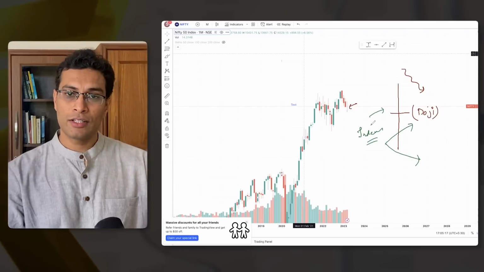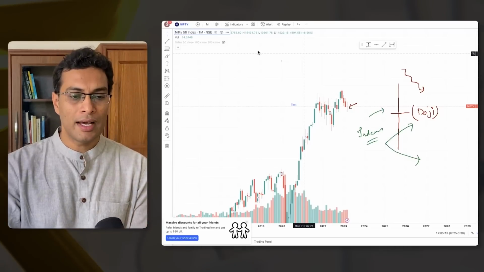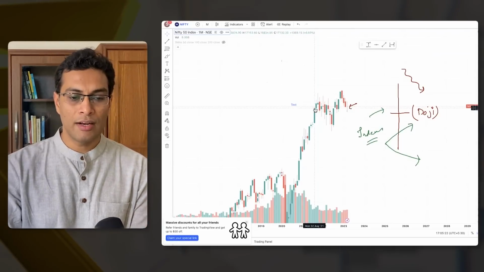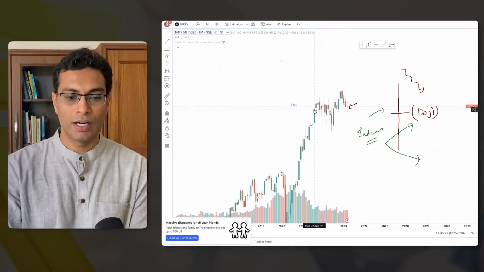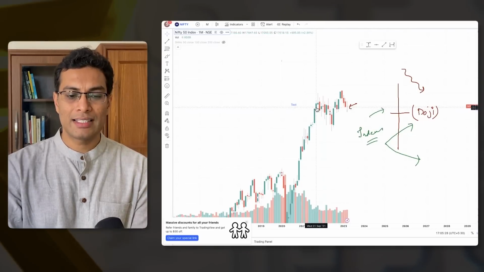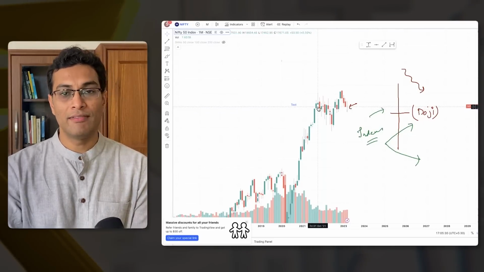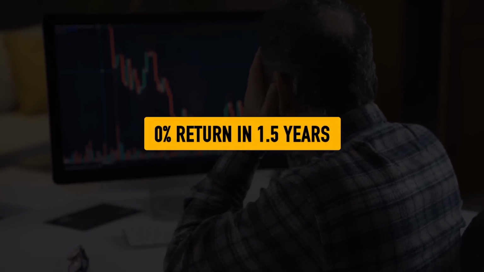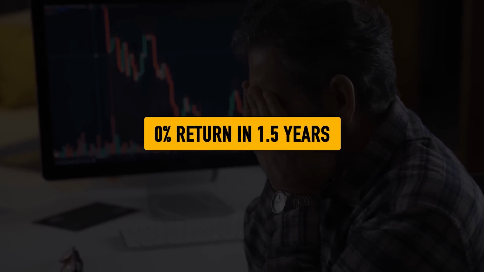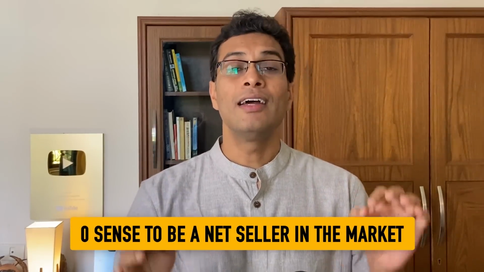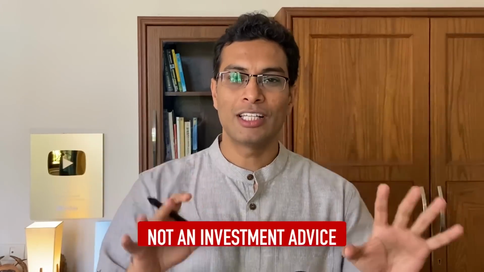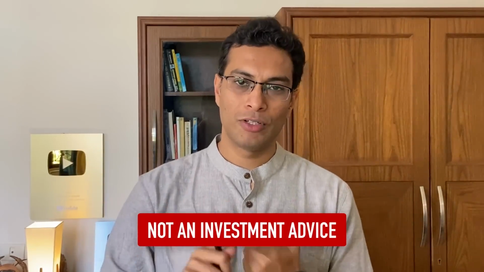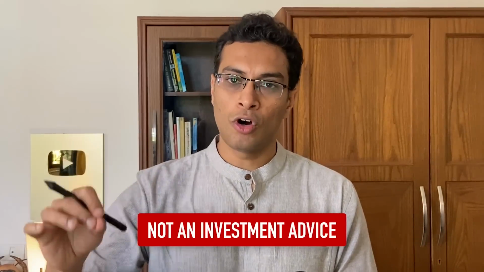But you have to relate this to the next point that I'm telling you. Go back and revisit this chart, and what you will notice is similar levels. You're seeing this level of 17,200. Again, this level existed back in September of '21. Which means that almost 1.5 years have passed and the Indian markets have given 0% return. So to me, as a logical investor, it makes 0 sense to be a net seller in the market. To cut the long story short, I am bullish about the market, both from a mid-term and long-term perspective.